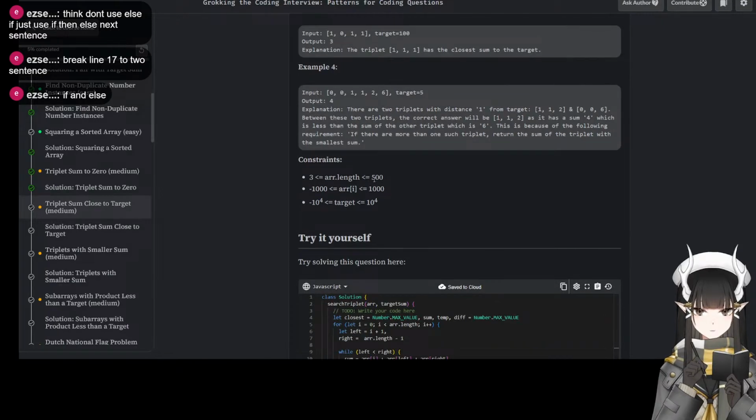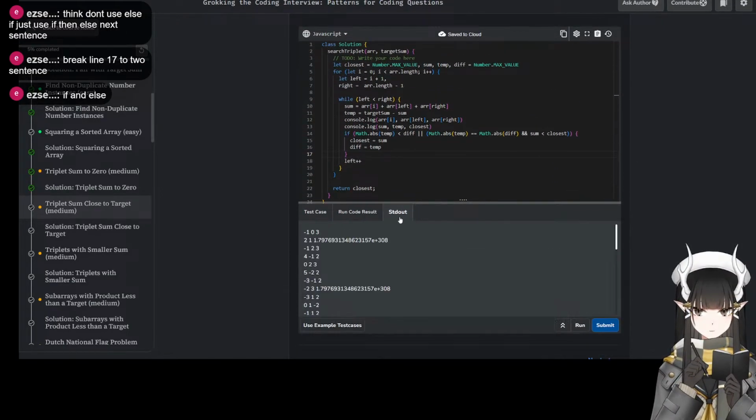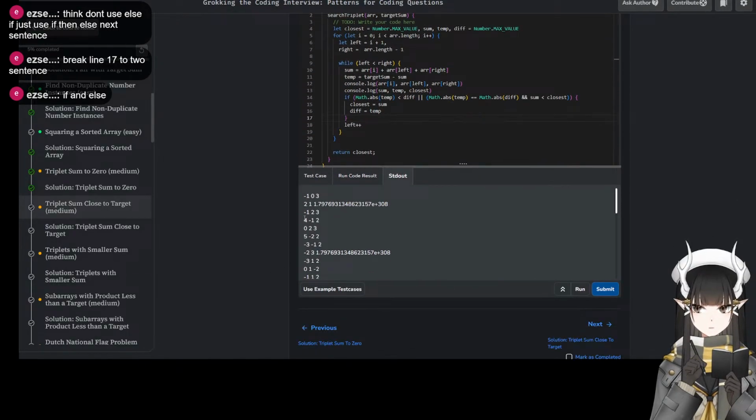So this is the 6 for this case. So the first one should be 4. 4 is here, which update is correct.